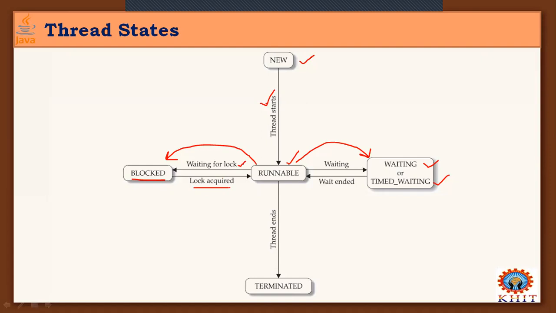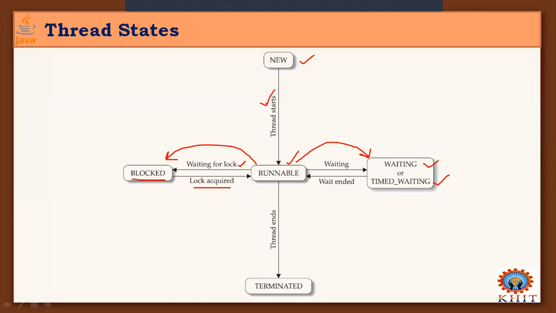When another process or thread is executing or using that resource, based on putting a lock on the resource, another requesting thread on that resource is waiting for the lock to be released by the thread that acquired the resource. When the thread that acquired the resource releases the lock, it is got by this waiting thread, and this waiting thread wakes up from the blocked state to the runnable state. So this way you can.